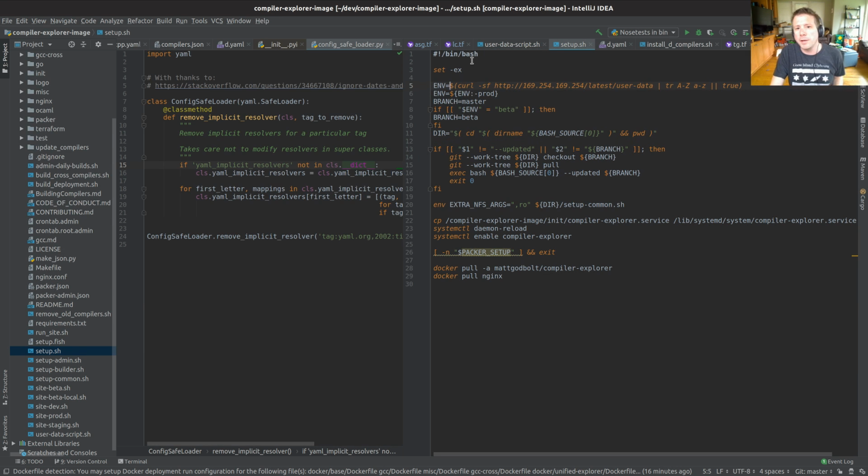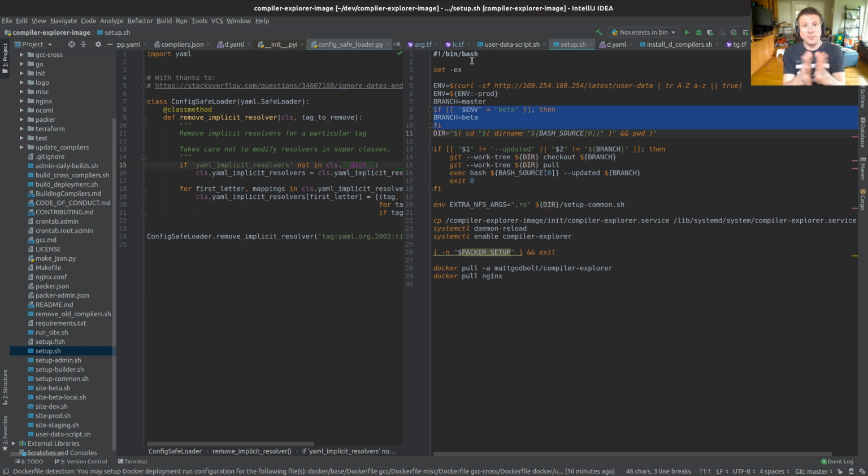But anyway, you can see what I'm doing here is I curl it and I'm making it caps, and it then tells me what environment I'm on. If it's not set, then it defaults to prod. And then if it's beta, it goes branch equals beta. So I think pretty much, we can see another place where we're going to have to change this here.